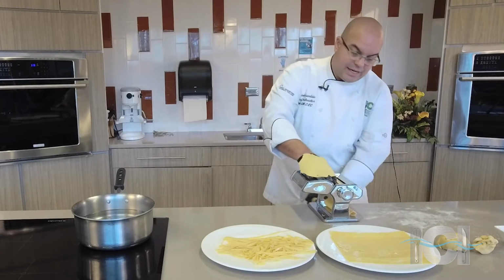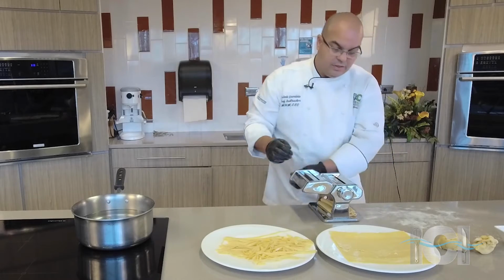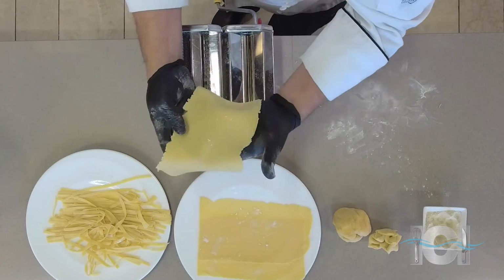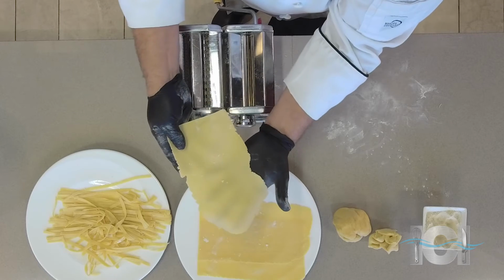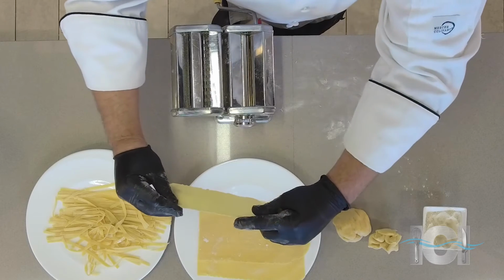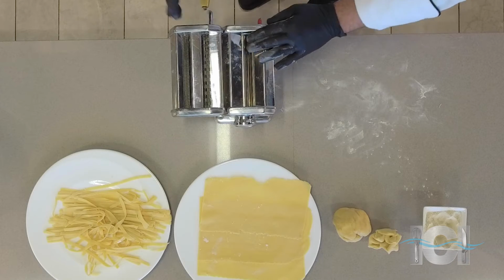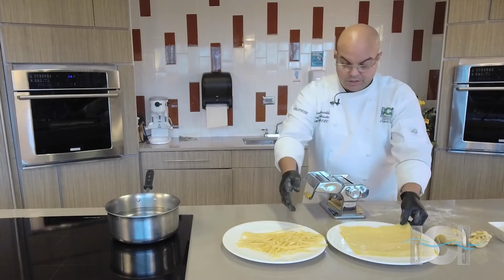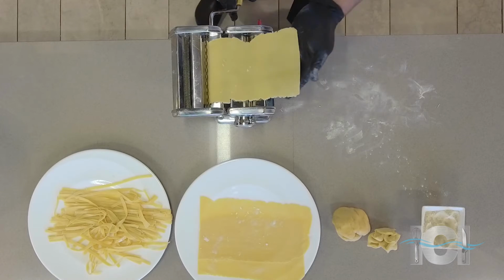And I already have some pasta sheets done. In here, you can see how thin it is, as you can see the back of my fingers on the back of the pasta. So I'm gonna switch. In here we have for spaghetti or linguine. We're gonna be doing linguine. So we're gonna come in here